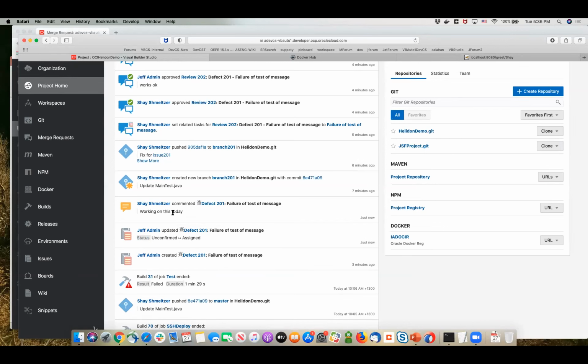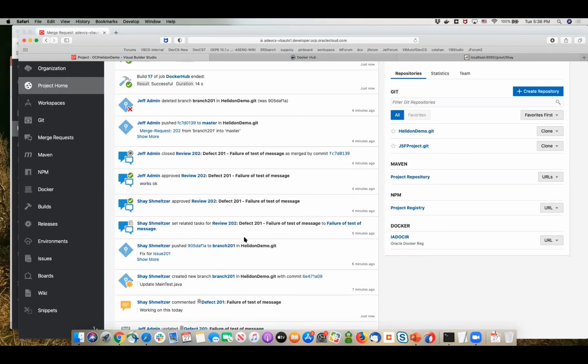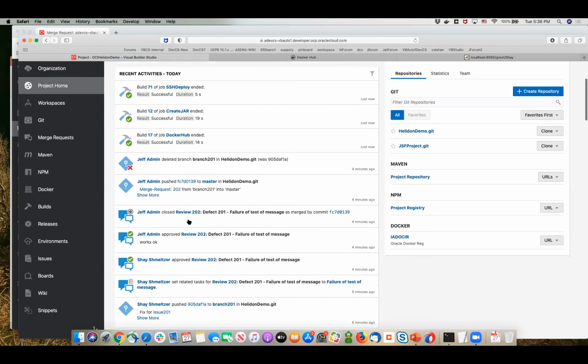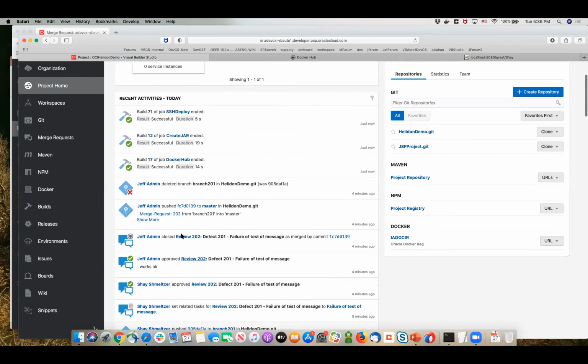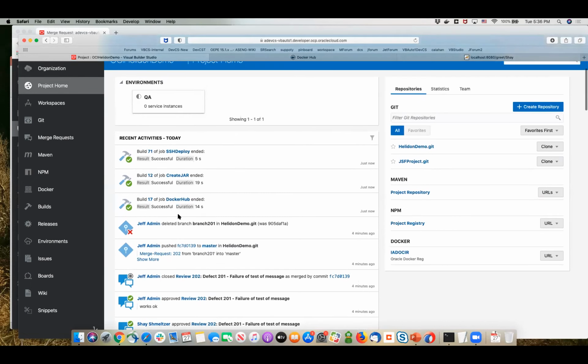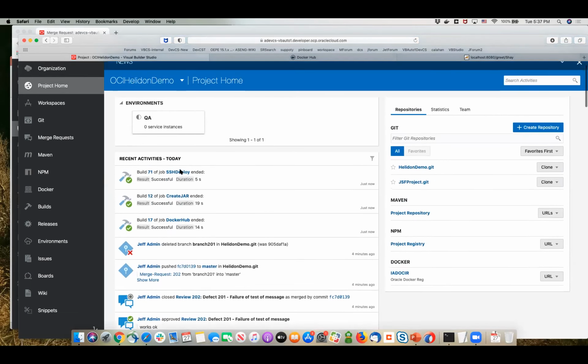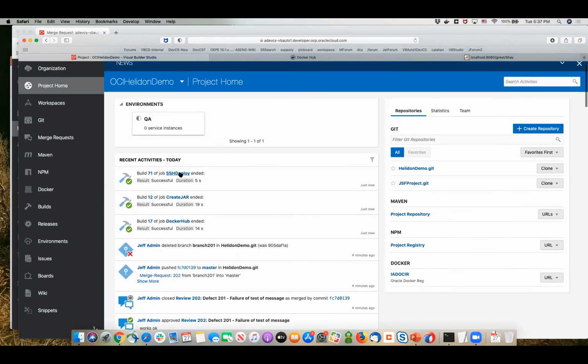Shay started working on it, created a branch of the code, did changes in the code. We can see exactly what the changes were. We did a code review. We gave him some comments. Then we approved it. We merged it into master. This started up a set of build jobs that took our code all the way and deployed it to our instance. And now we have the correct version.